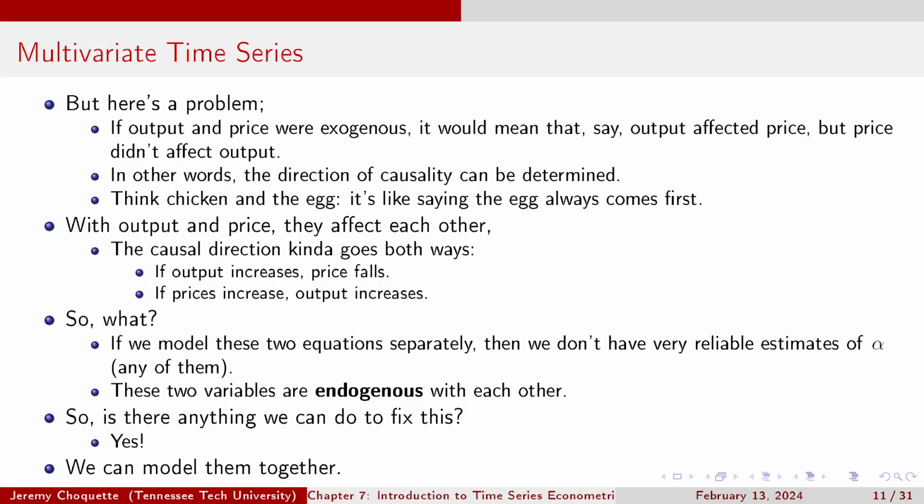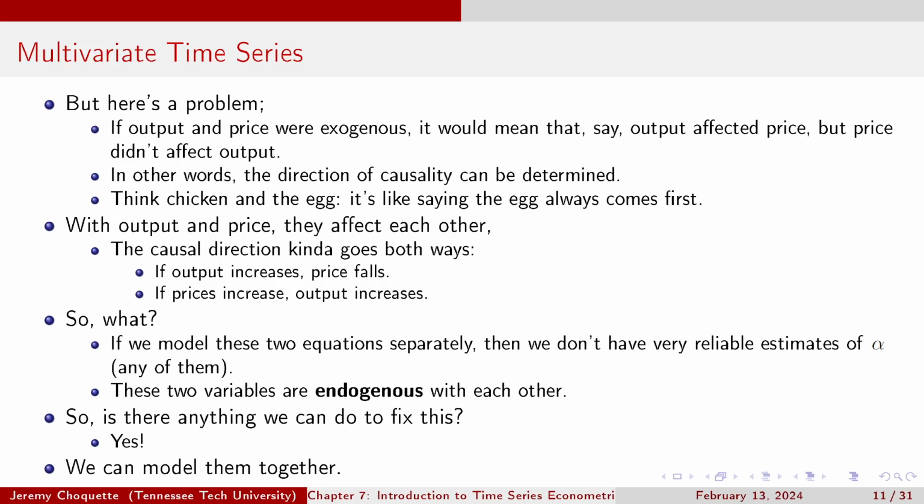So here's what's kind of a problem at first, right? If output and price were exogenous, we could then make an argument that, say, output would affect price, but price doesn't affect output. We would know what the direction of causality would be, right? One thing is causing this, but this one thing, X causes Y, Y doesn't cause X. But